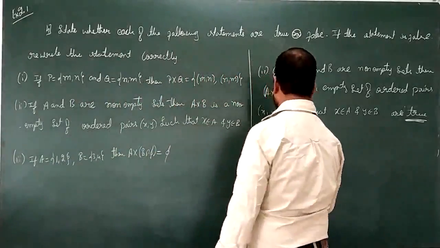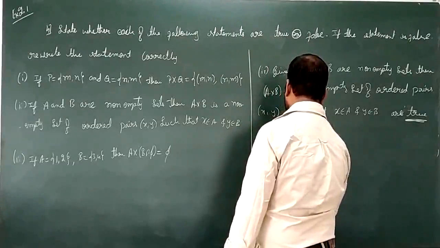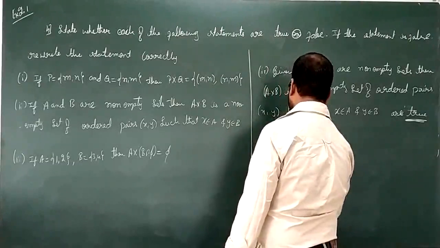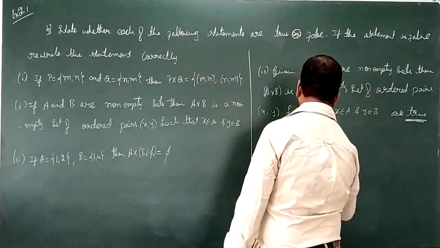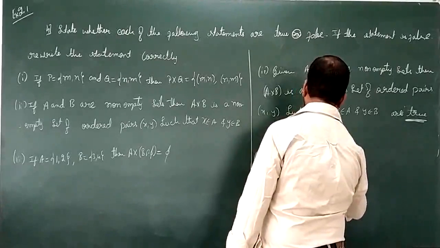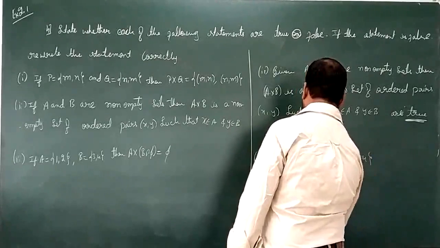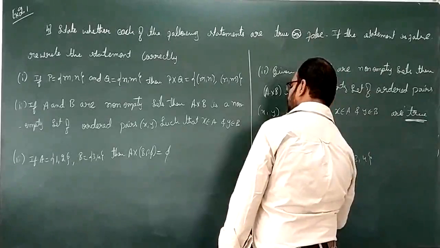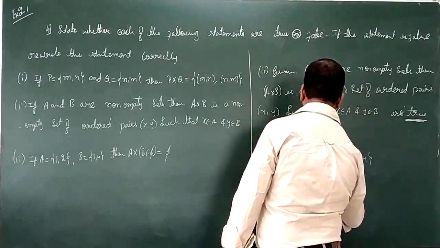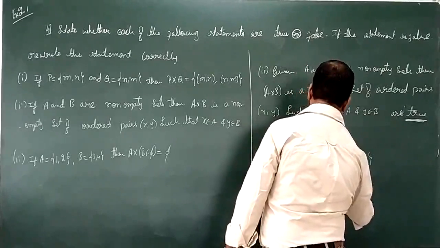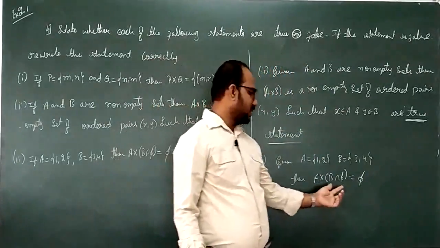Okay, next, third statement: if A is equal to {1, 2} and set B is equal to {3, 4}, then the Cartesian product of here given set A is equal to {1, 2} and set B is equal to {3, 4}, then the Cartesian product of set A and B intersection null is equal to null. This is the right statement. Why? Because